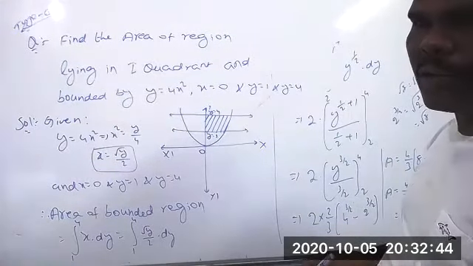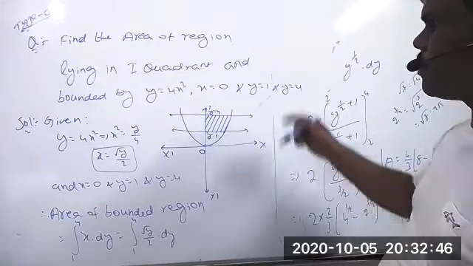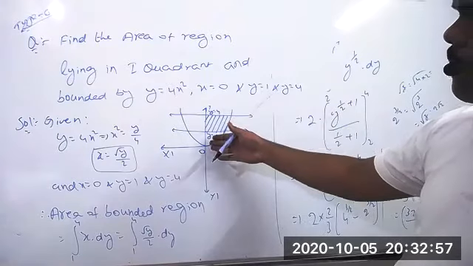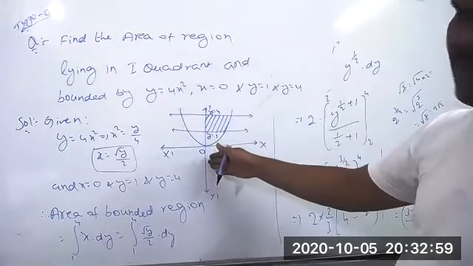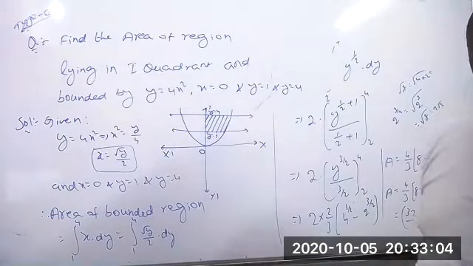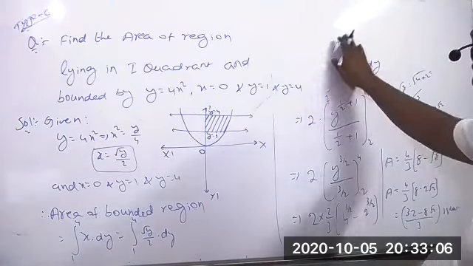What is the meaning of x equal to 0? Indirectly they gave it. In the previous problem they mentioned the y-axis, but instead of giving the y-axis, they gave x equal to 0. But where is x equal to 0 possible? The x equal to 0 is possible only on the y-axis. That means indirectly we are saying the y-axis only. Okay? The same thing you can take here also.